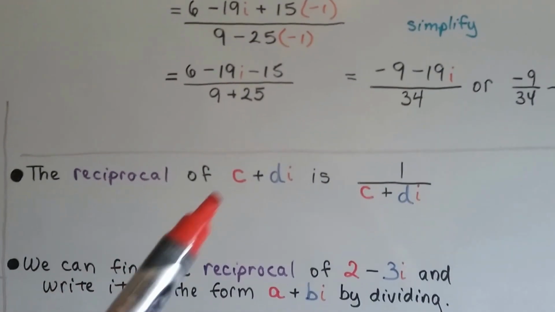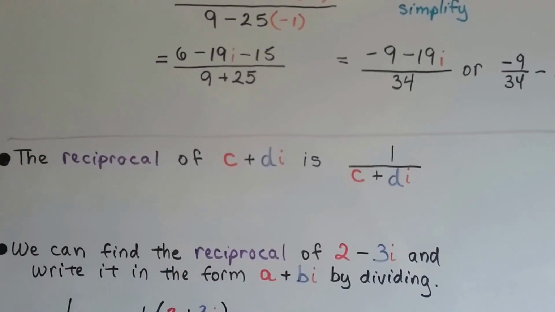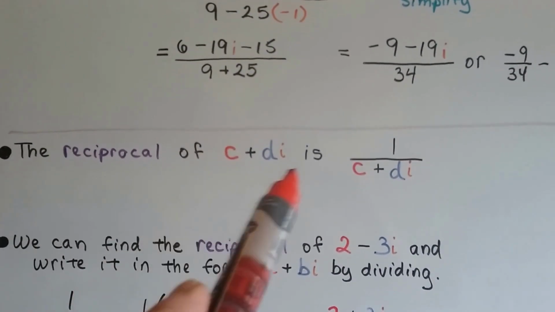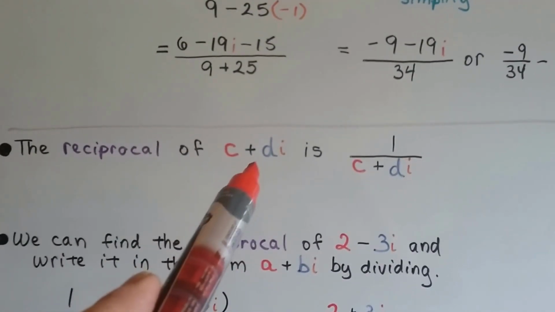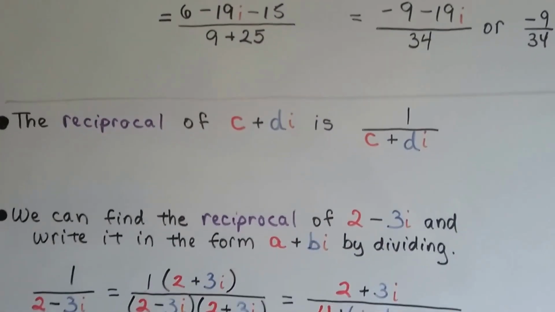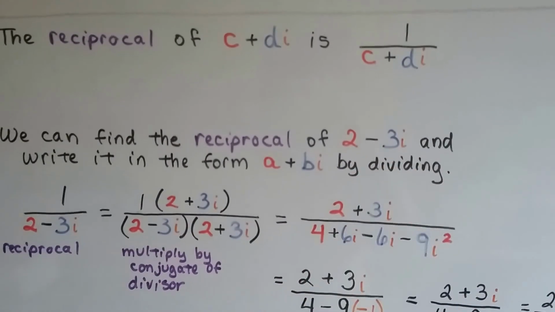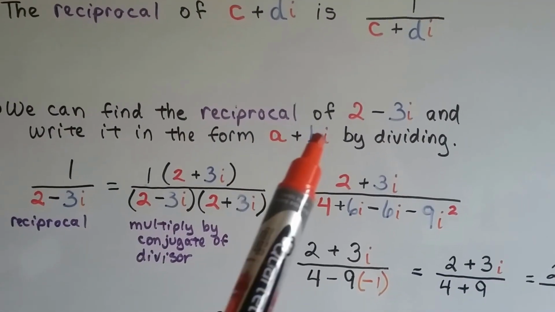Now, the reciprocal of c plus di is 1 over c plus di, isn't it? Just because this can have a 1 underneath it. If we flipped it around to its reciprocal, it would be 1 over c plus di. We can find the reciprocal of 2 minus 3i and write it in the form of a plus bi by